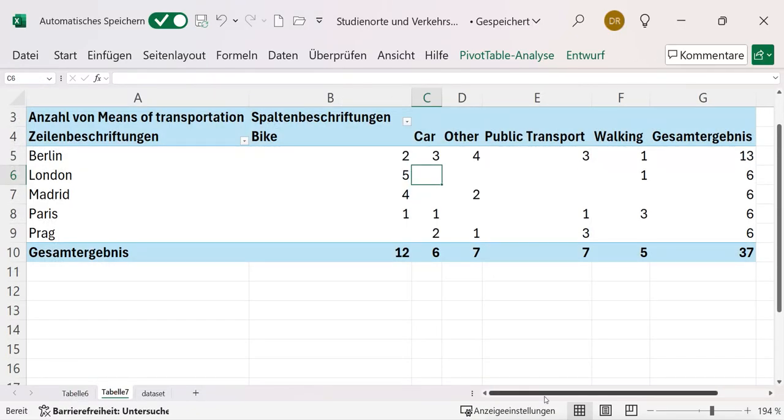But to tell now if more students in Berlin come with a bicycle to the university than in Paris, you could compare here. Paris we have 1, Berlin we have 2, but we have 13 students from Berlin and only 1 from Paris. So we cannot directly compare these numbers. Therefore,